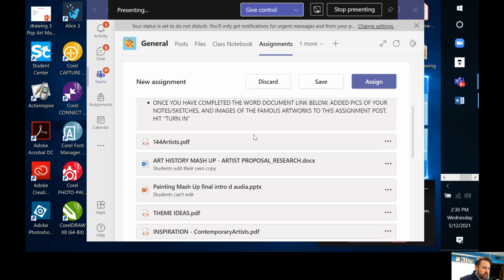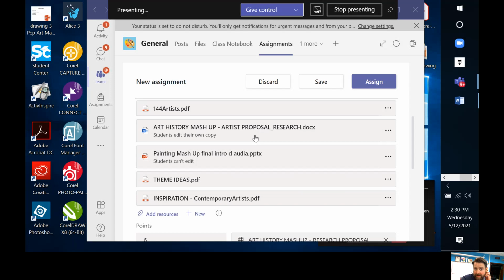So obviously you're going to want to review all these things on your own, but I am going to go over them with you. The point of this assignment is we're going to take 3 works of art. 2 of them at least have to be famous works of art, and they could be painting, sculpture, whatever. But yours is going to be a painting combining all 3 of these artworks in an interesting way that takes fragments of them or portions of them and forces them to live together in this art history stew,